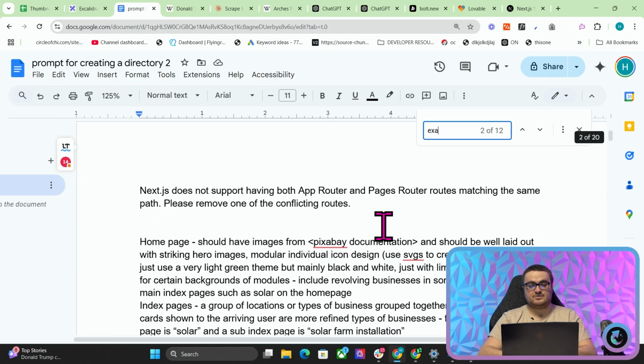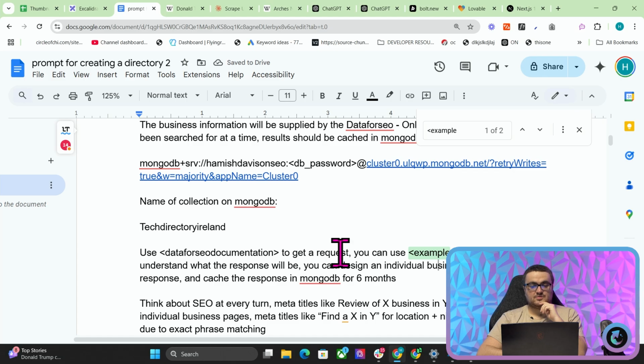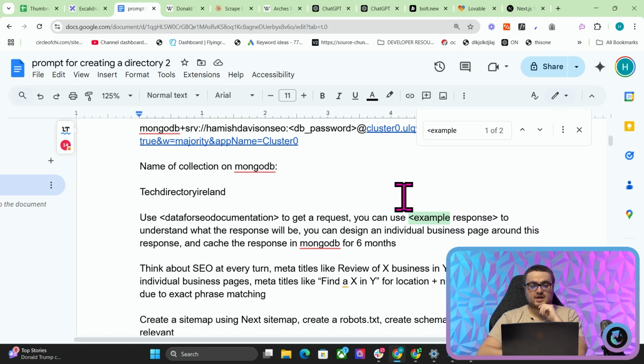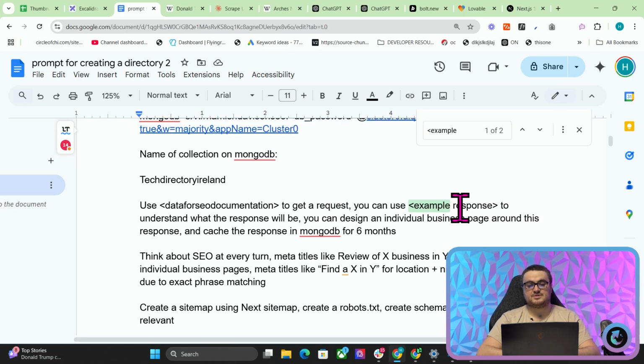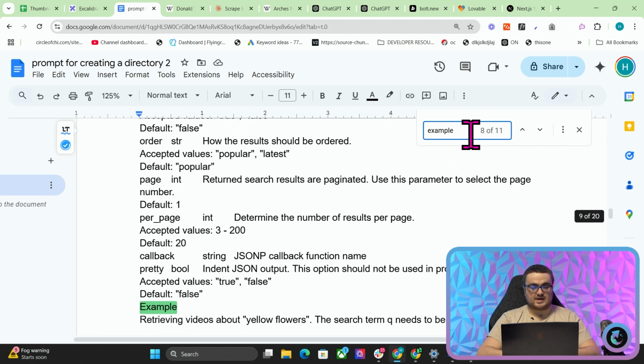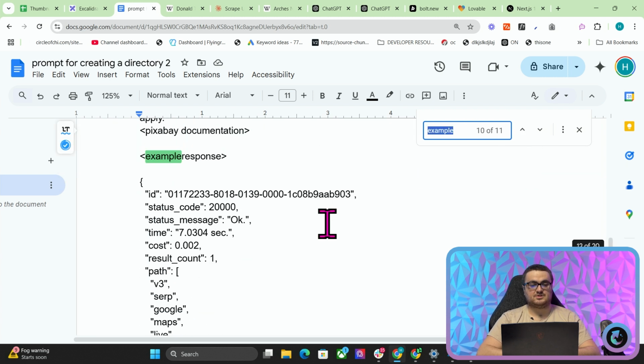So you can see if I do Control-F example, so you can use example response to understand what the response will be. You can design an individual business page around this response and cache the response in MongoDB for 6 months. So I'm referring to example response, which is all the way down here. And what this allows me to do is it allows me to prime GPT-4o Mini or Anthropic or whatever I'm using to code with the required code to send a request and also